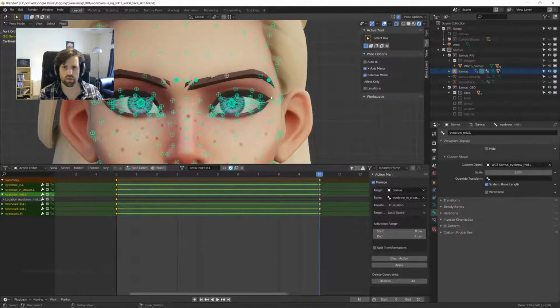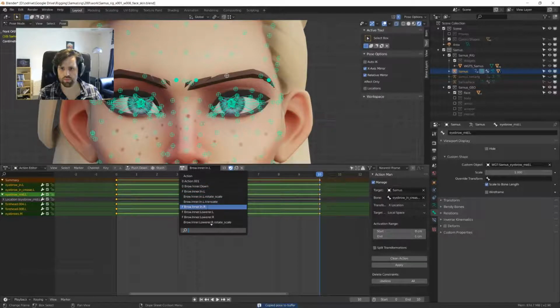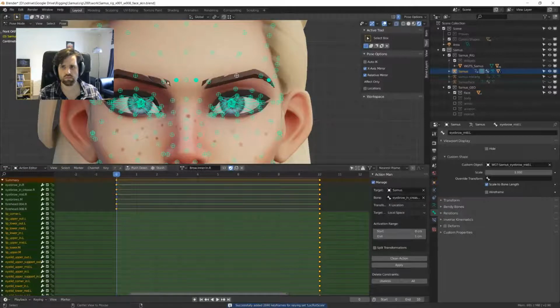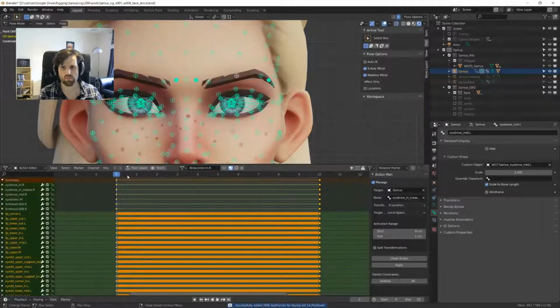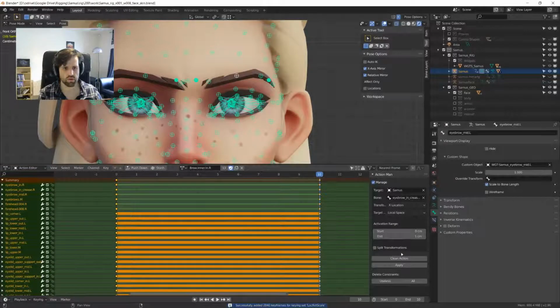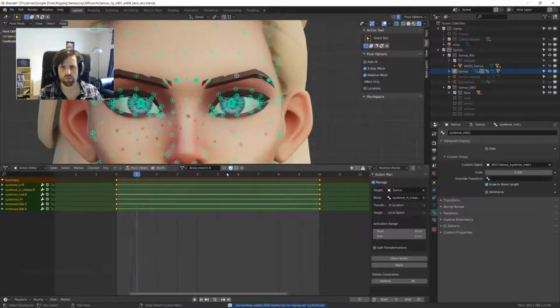I think that might be the key to the problem. Control Shift V. Don't want that one to move. Why does it move? I don't know. So